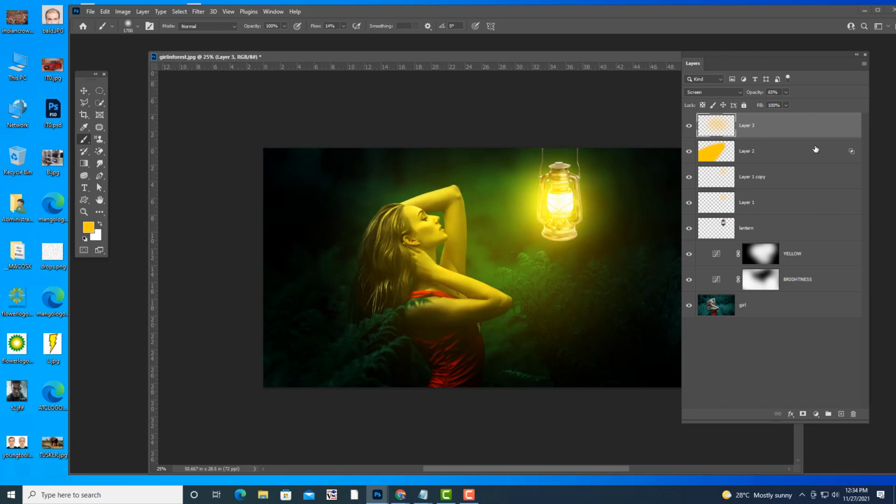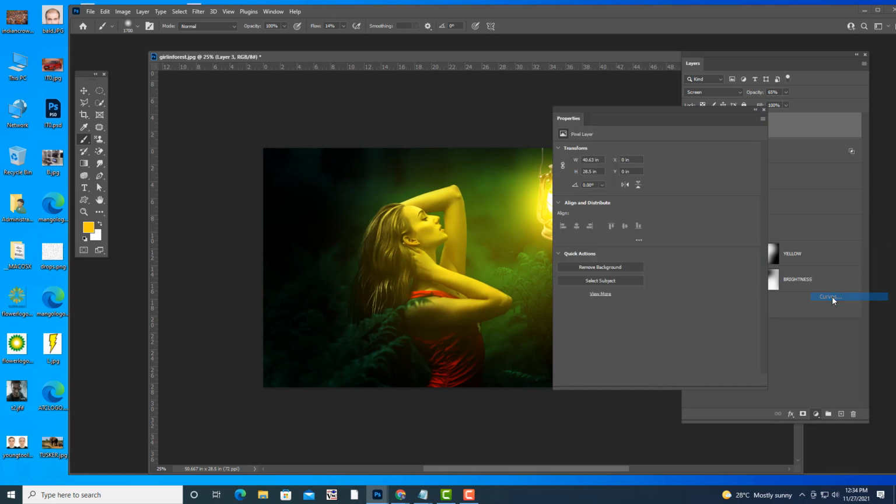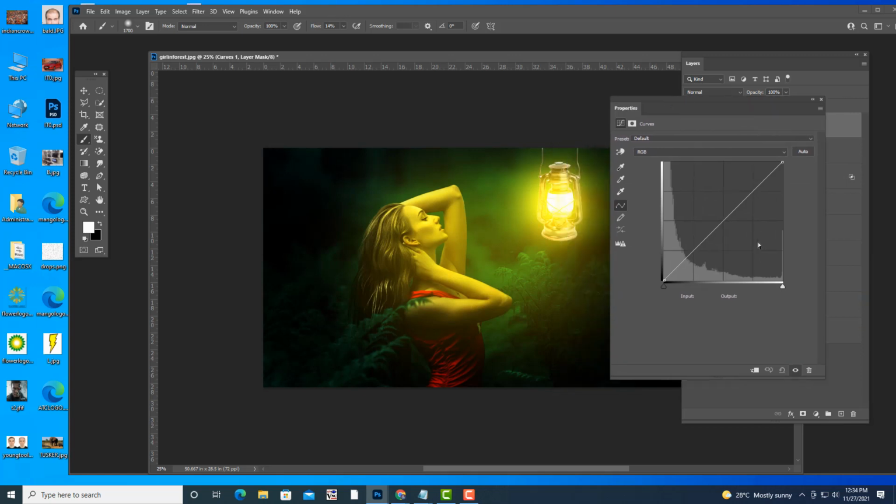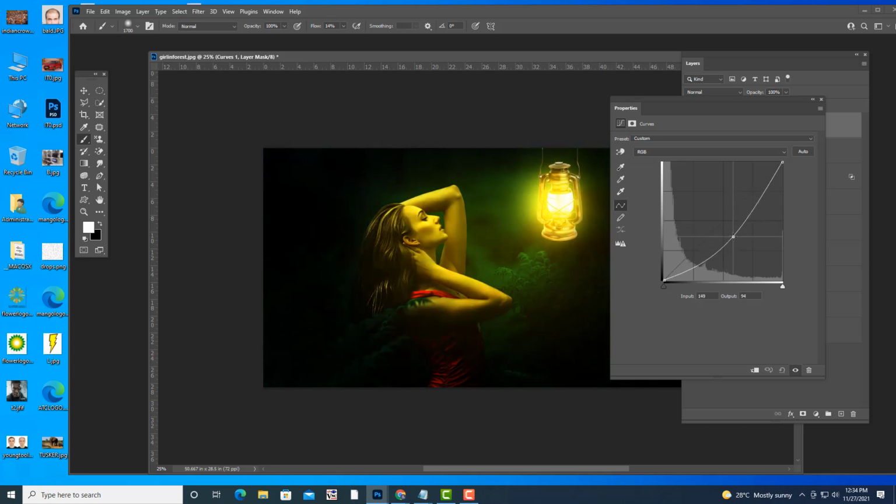And then for one last time, I'm going to apply a curves adjustment layer. See, curves, and if you want to highlight the lighting, you have to make the background dark. So just create a point here and see how it's looking now. You can see the change.